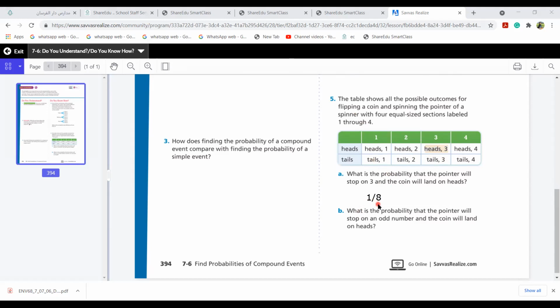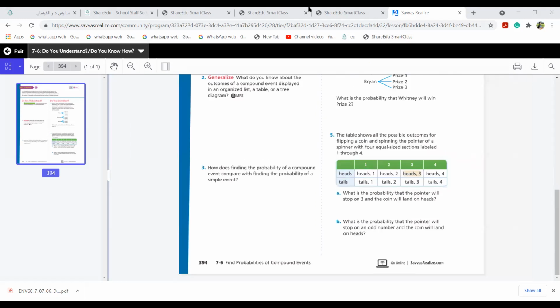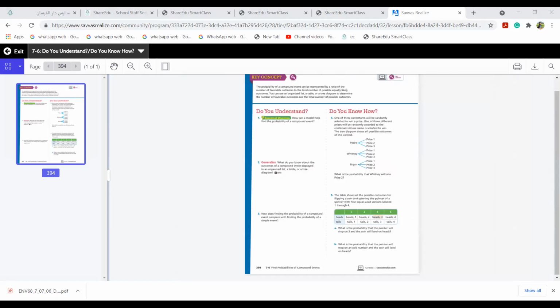Question 5B, put a cross mark. Now girls, after 5 minutes, I'll come back to you with the science class. Tomorrow we'll continue with this. And please don't panic. I totally understand this is